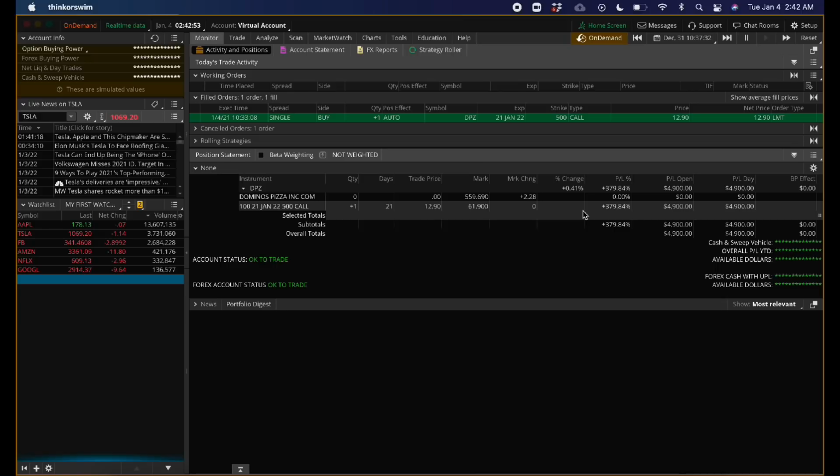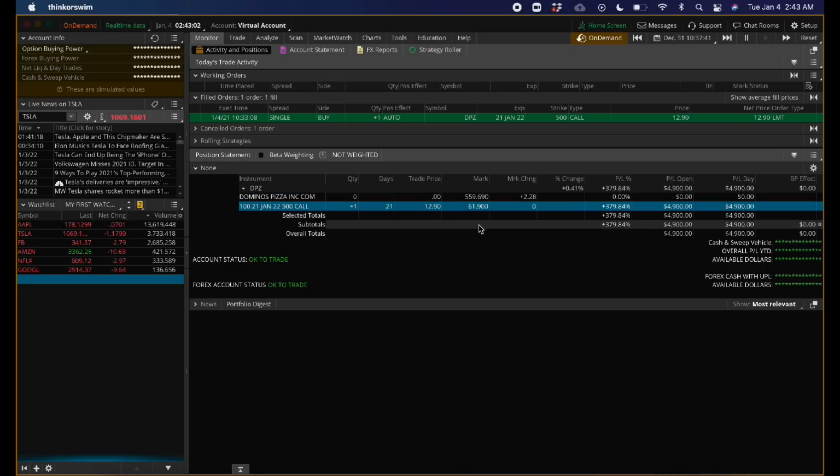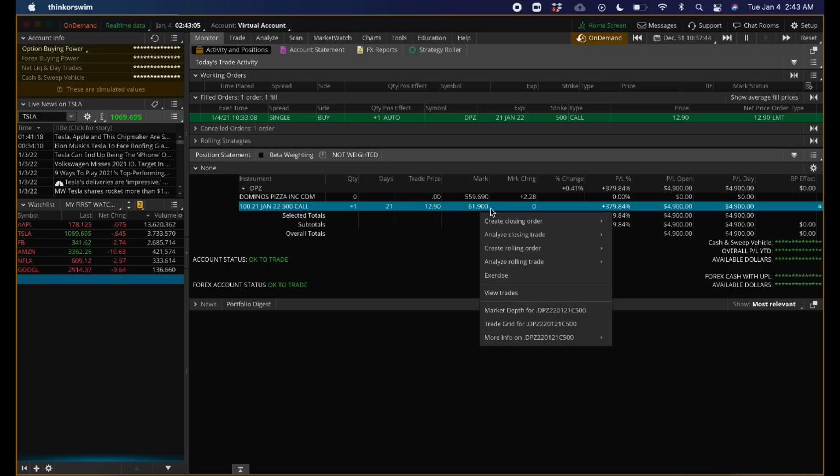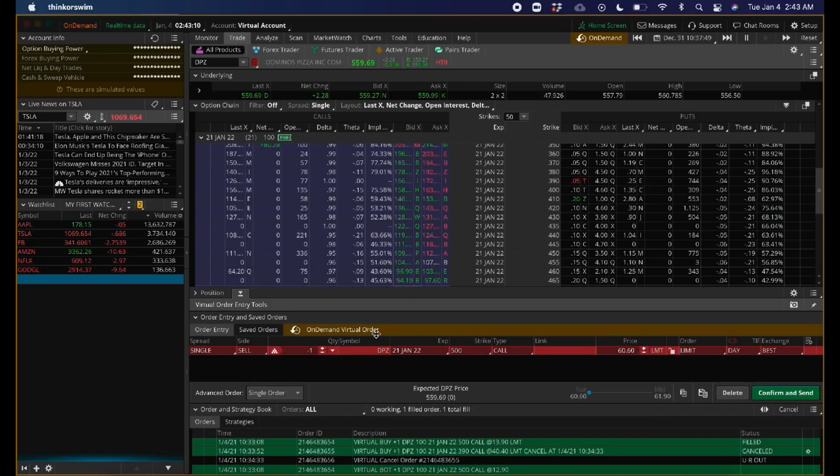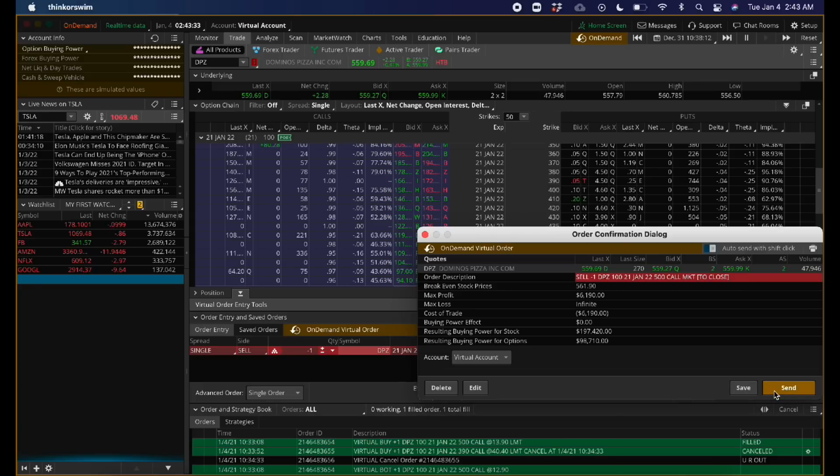All right, guys, we're ready to sell this bad boy. So what we're gonna do now is, once you're ready, you're gonna highlight the contract. So this is the contract that we purchased. Once you highlight it by clicking it, you're gonna right click, create closing order. You're gonna go to sell. Now it's red, right? Red is signaling that you are now ready to sell that contract, and it's confirming, right? So it's confirming that you're selling one contract of your January 21st, 2022 call at this price in the limit order, okay? Now if you want to change it to market, let's say you're trying to sell this contract fast, you can always do market, and then you click confirm and send,